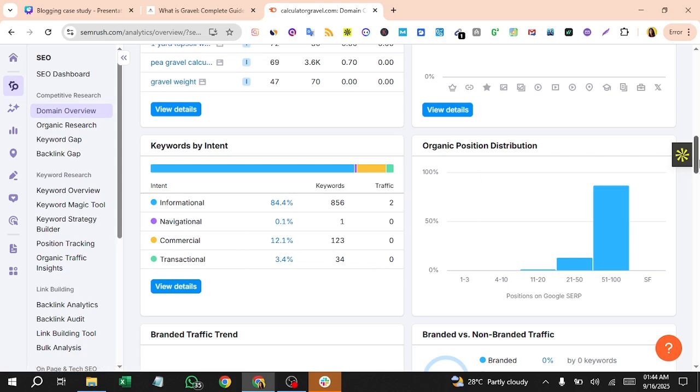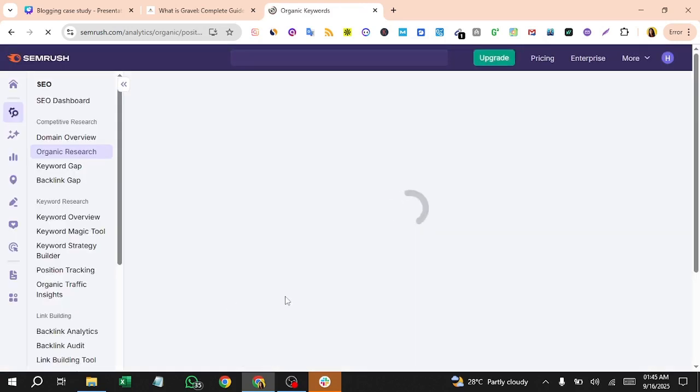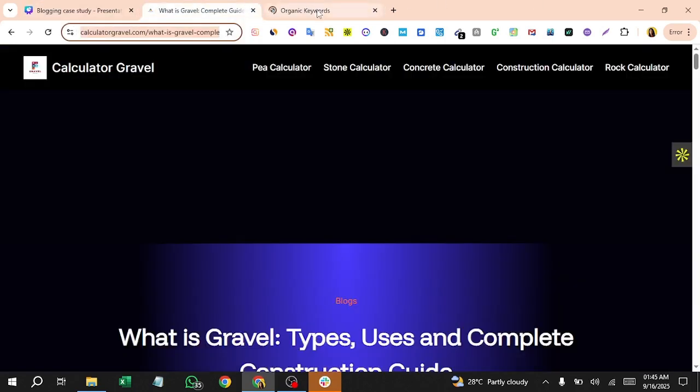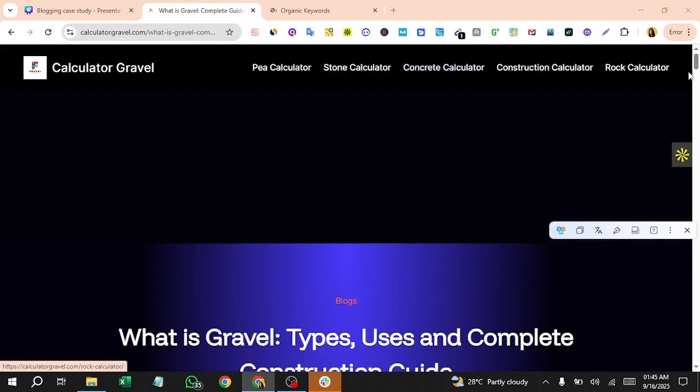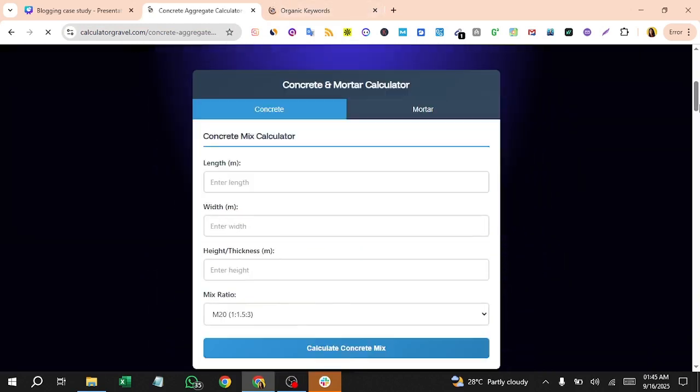So right now what you need to do is go to top organic competitors and see. So basically this is not a single page blog, I would say, because I have discovered this blog section. But at first I thought it is a single page blog, because you can see the calculators, and when a user comes to this, they will eventually use this calculator.